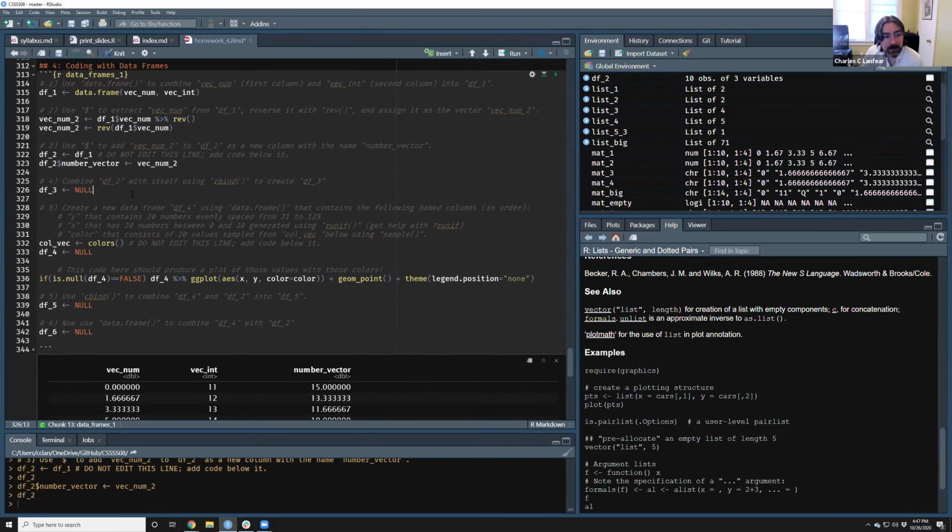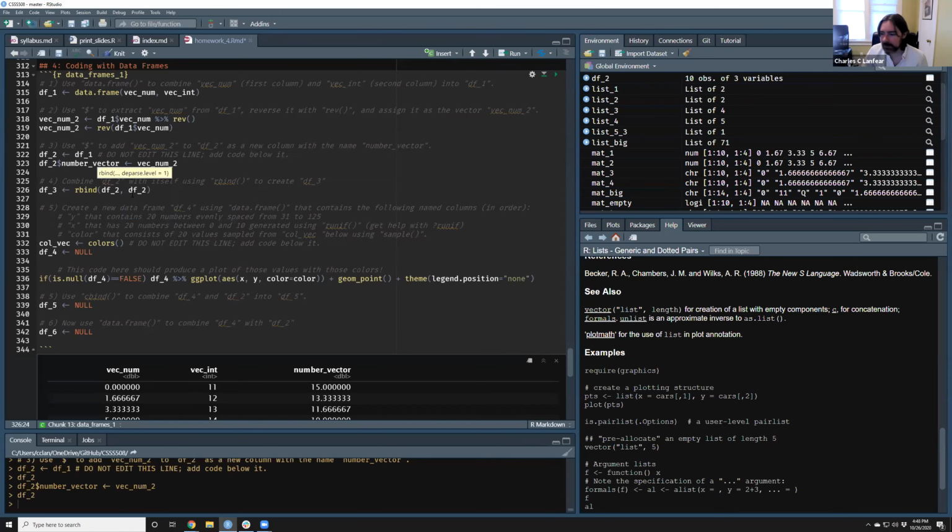Okay. Next one. Let's combine df2 with itself using rbind to create df3. So how would I rbind df2 to itself? Yeah, straightforward, right? rbind df2 and then just do it again.